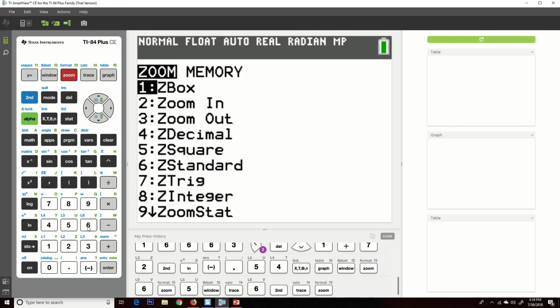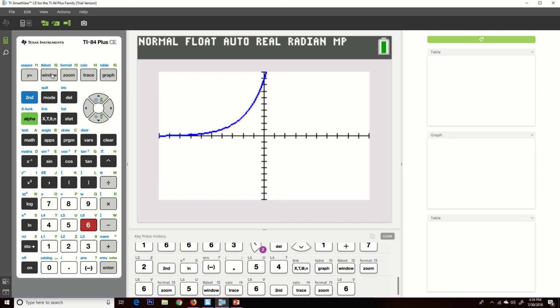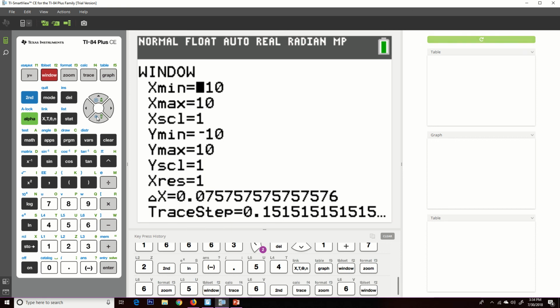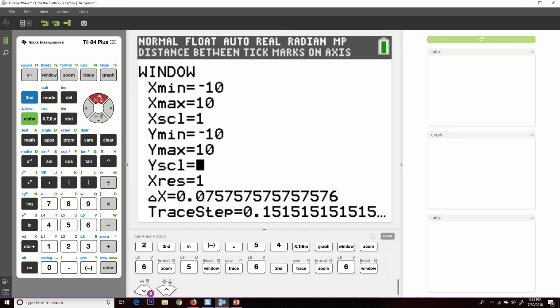Zoom is what I want, and I want to zoom 6. We'll go back to the original. Now I hit window. That's what I wanted to do. Sorry about that. I just want to raise my Y values because I know it's got to start leveling off. And let's see if we can see it. So if I change it to 100,